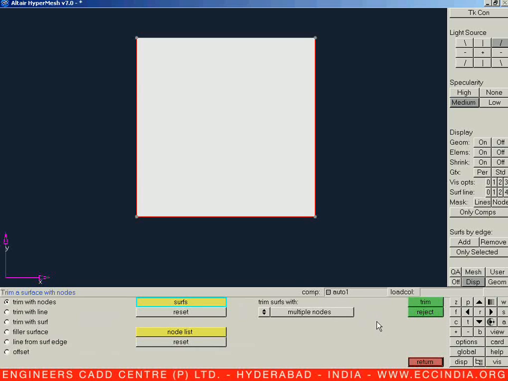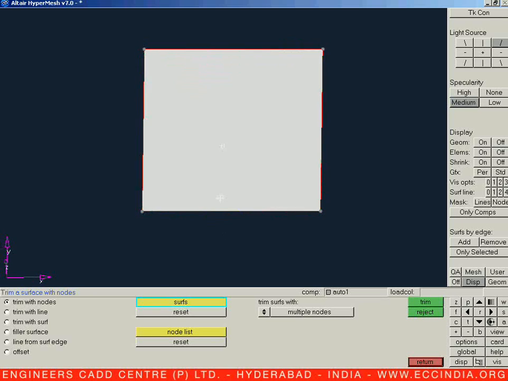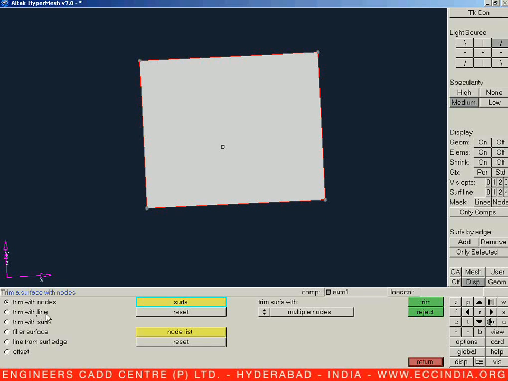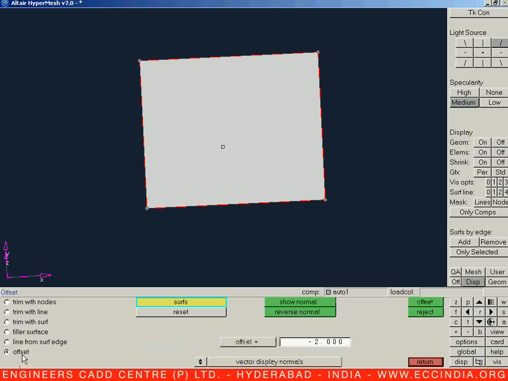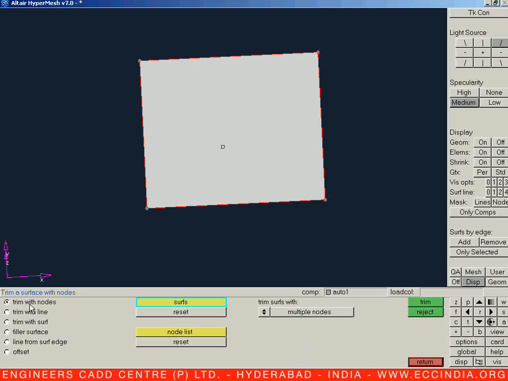Once we say surface edit, we can see we have a lot of options for editing with respect to the surface. We can edit this surface with the help of node, with the help of line, with the help of another surface, with the help of filler areas, with the help of creation of external boundary edges, and the last one goes for an offset.